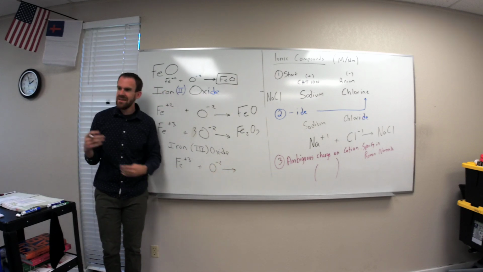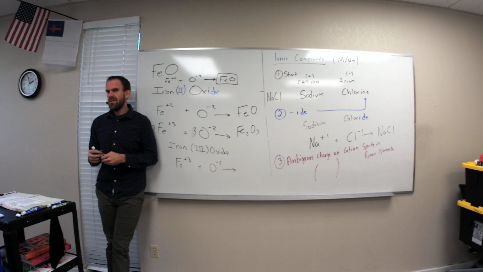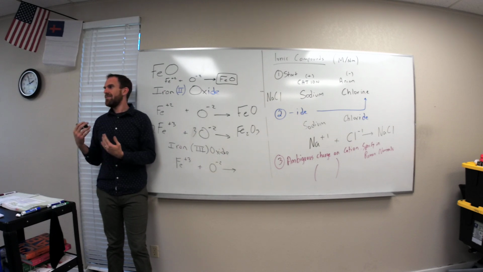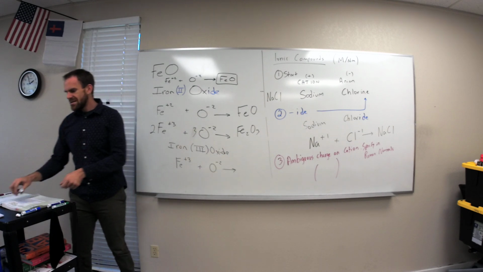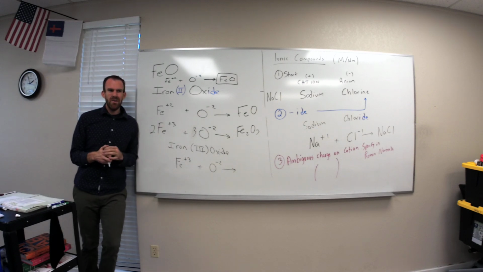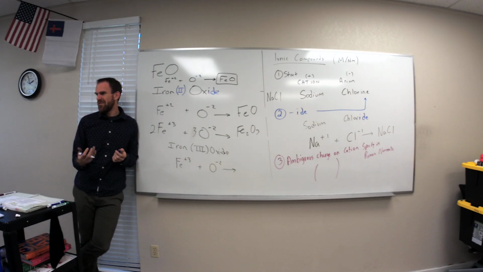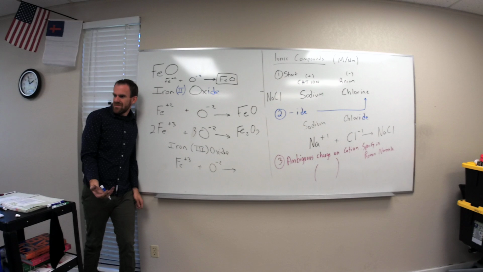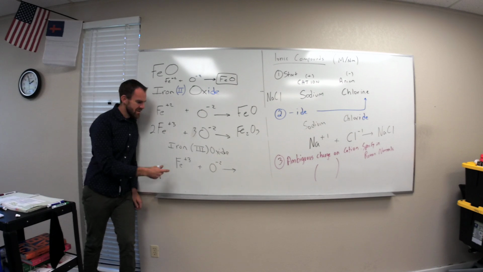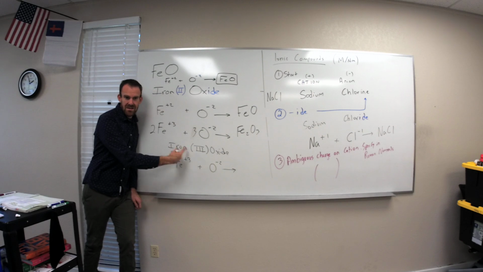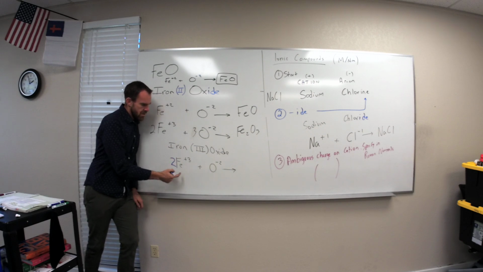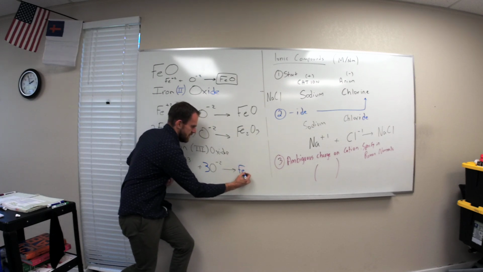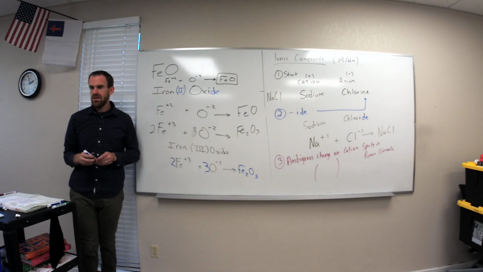What's the only way to get these to balance out? You have to multiply this by something, and this by something, to make a compound that will equal 0. Easiest way is to think back to your common fractions. What's the least common multiple of 3 and 2? 6, right? They all multiply into 6. So if I can get this to give me 6 electrons, and this to take 6 electrons, then I'll have Fe2O3. There's 2